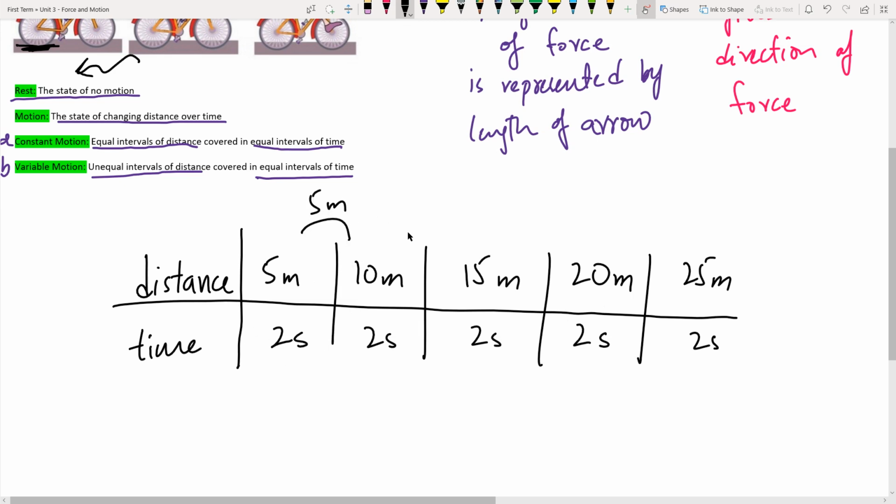5 meters. So this is the interval from one point to another. I'm consistently walking 5 meters every 2 seconds. So as you can see over here, the interval,